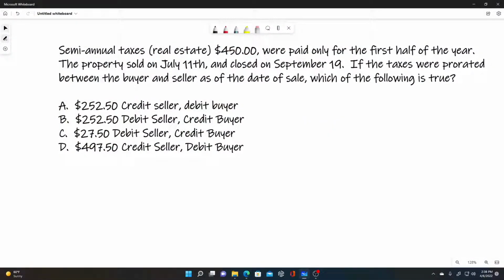But we want to get right into solving a math problem on our live stream, a taxes problem. I'm going to take you over to the board and let you take a look at this, and we'll see how well you can do. So we have semi-annual real estate taxes, $450 were paid only for the first half of the year. The property sold on July 11th and closed on September 19th. If the taxes were prorated between the buyer and seller as of the date of sale, which of the following